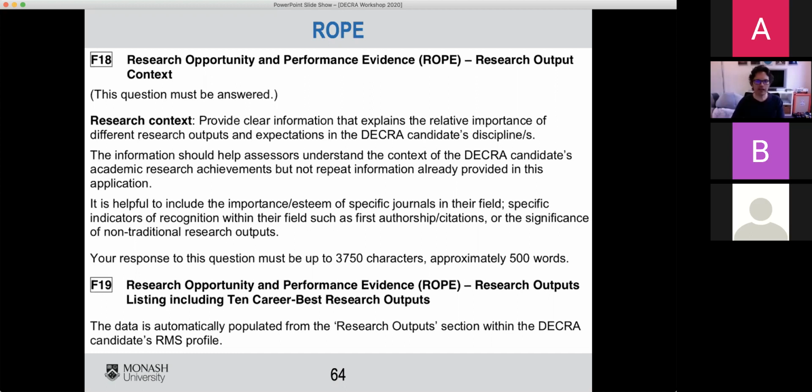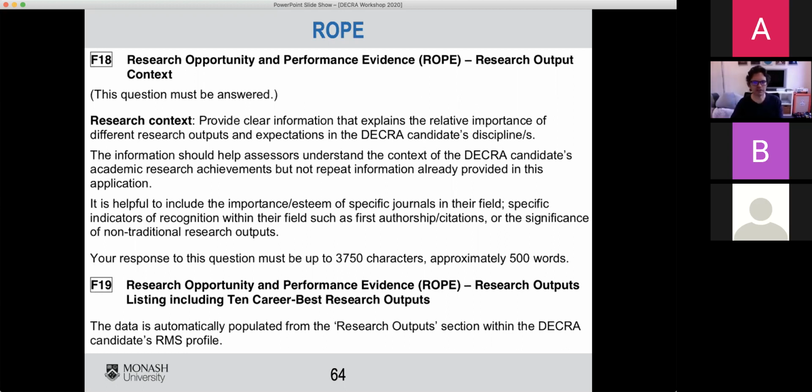It also, even though you put your publications elsewhere, allows you to say things like what proportion of your publications are in these kind of journals. So again, if you are focused on journal outputs, you could say that the best journals in topology are these 3 journals, and 75% of my publications are in these journals. So you've done 2 things. You've told them what the best journals are, but more importantly, you've told them how you're doing with respect to those expectations. So this is an opportunity to set the expectations of the assessor and provide some context for how you're meeting them.